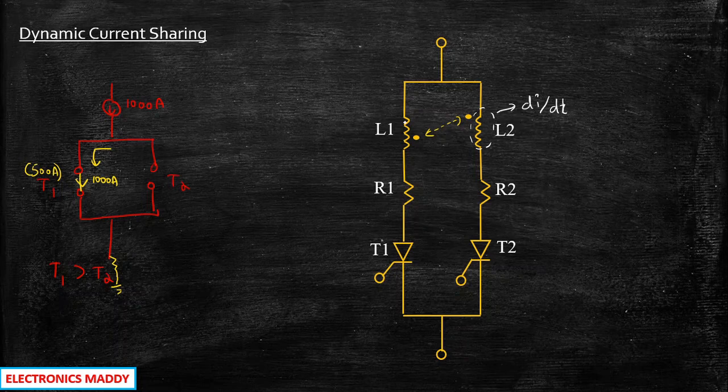That is the first and foremost important thing that this inductor provides. And secondary to that, these inductors will induce an equal amount of negative current in the opposite direction, and because of this the current distribution between them will be in a much better way. That is why you call this dynamic current sharing. Dynamic is often associated with turn on and turn off time, as we saw with respect to SCR characteristics, isn't it? So the logic is pretty simple, and we need L1 and L2 in order to provide dynamic current sharing. I hope this point is clear.